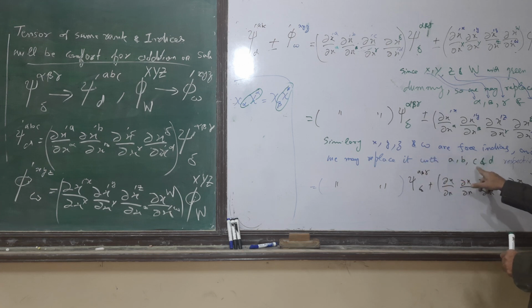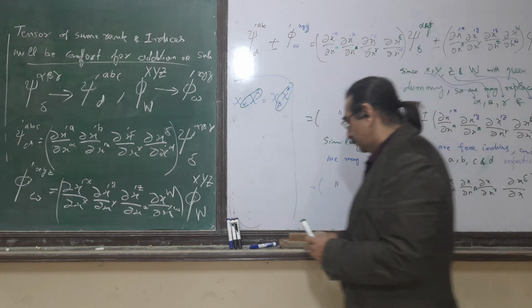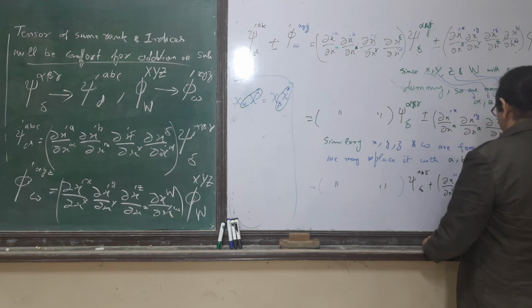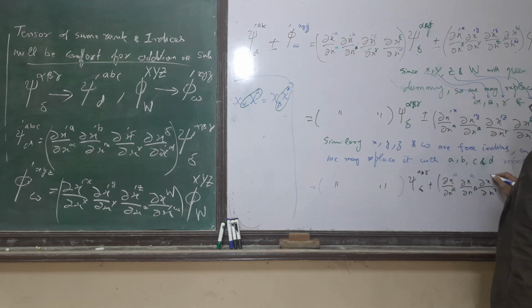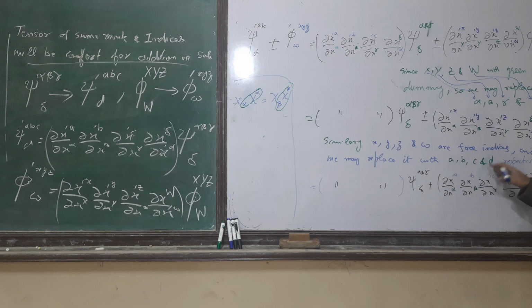Okay, X, Y, Z, and A, B, C, D are. And because A, B, C, D are free indices,